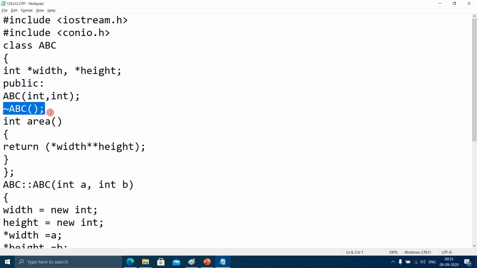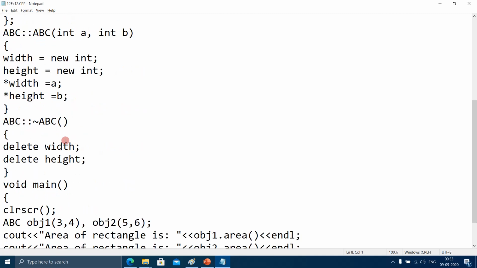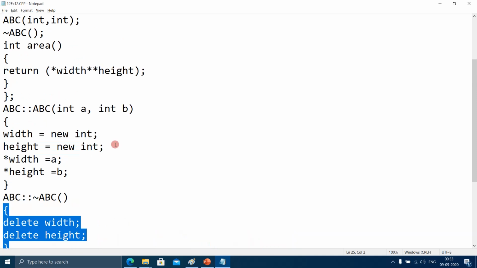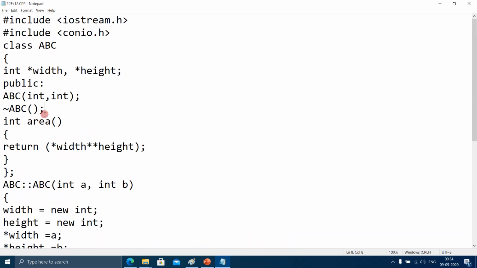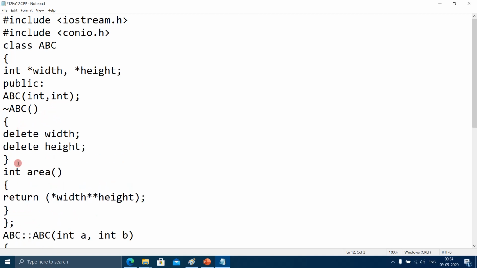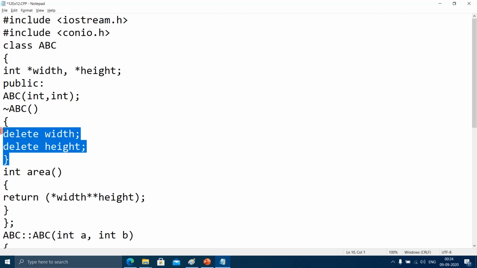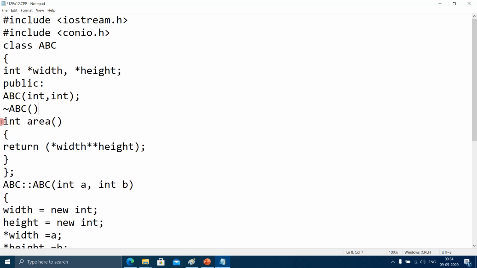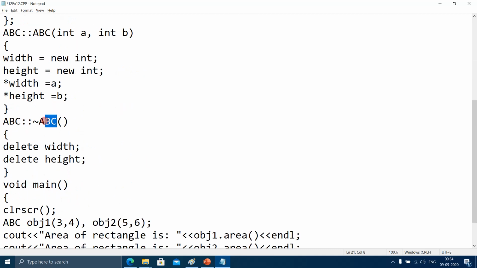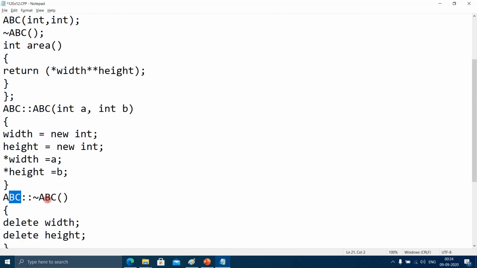If you want to define this destructor inside the class, then what you will do? You can write the body of the destructor after this also, like this. And if you want to define the body of the destructor from outside the class, then what you will do? You will use semicolon, the destructor name preceded by tilde sign, scope resolution operator, class name, the class name is ABC, and destructors